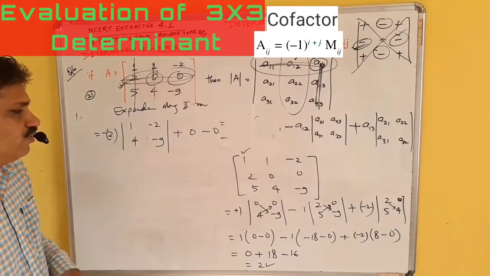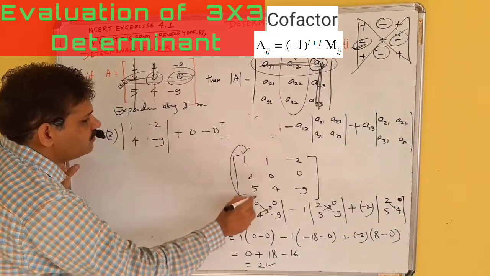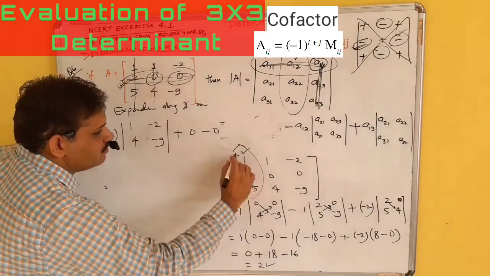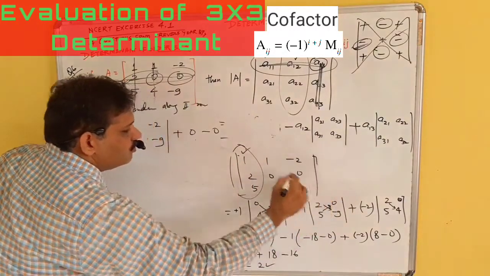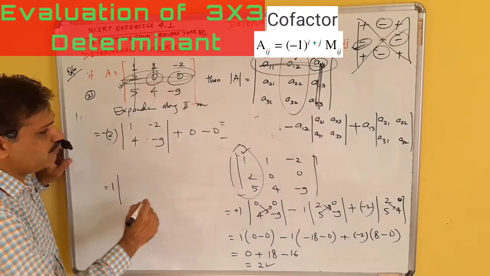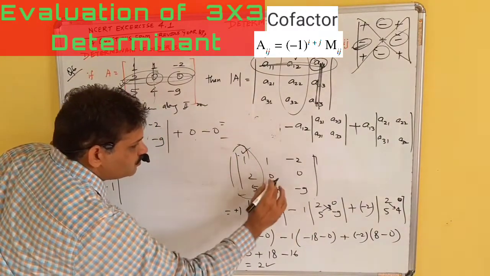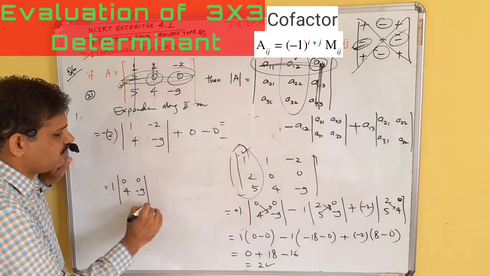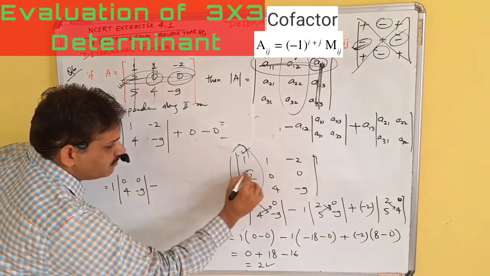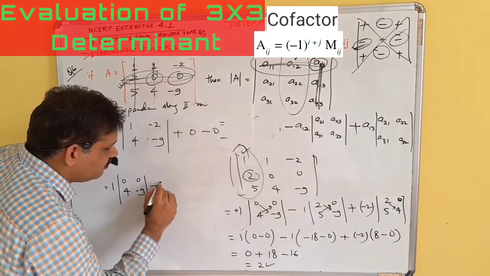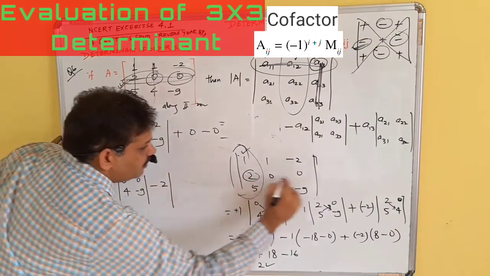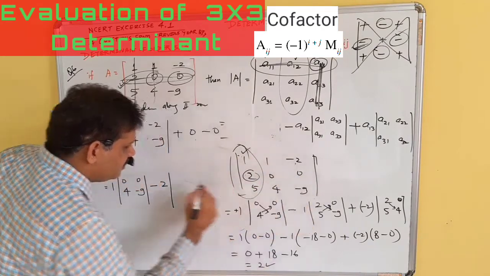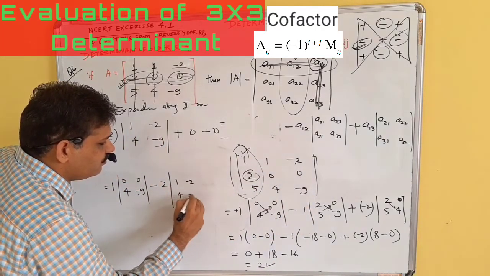तो फर्स्ट कॉलम के अगेंस्ट हम इसको करते हैं। तो सबसे पहला कोफैक्टर पॉजिटिव होगा, सॉरी दिस इज डिटर्मिनेंट। तो सबसे पहले 1 मल्टीप्लाइड बाय इस रो और इस कॉलम को छोड़ा 0 0 4 माइनस 9, फिर माइनस लगा के अब इसके फर्स्ट कॉलम के अगेंस्ट कर रहे हैं। तो ये लिया 2, ये रो और ये कॉलम छोड़ दिया, तो बचा 1 माइनस 2 4 माइनस 9